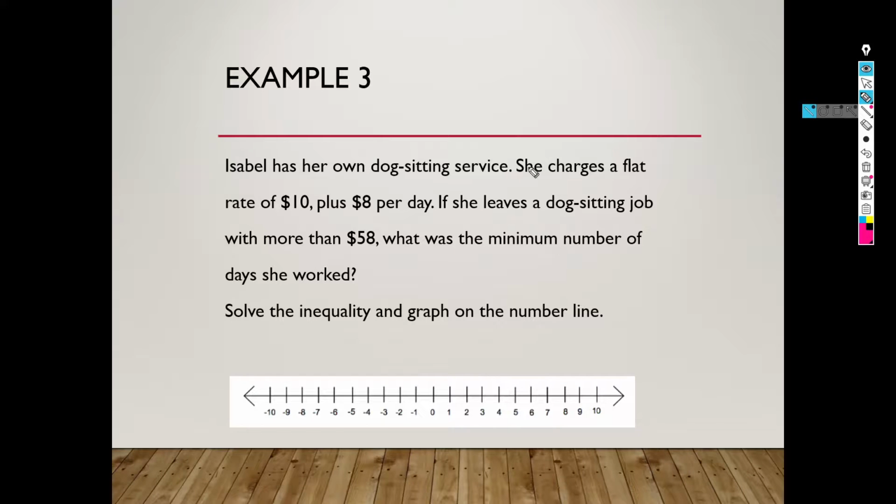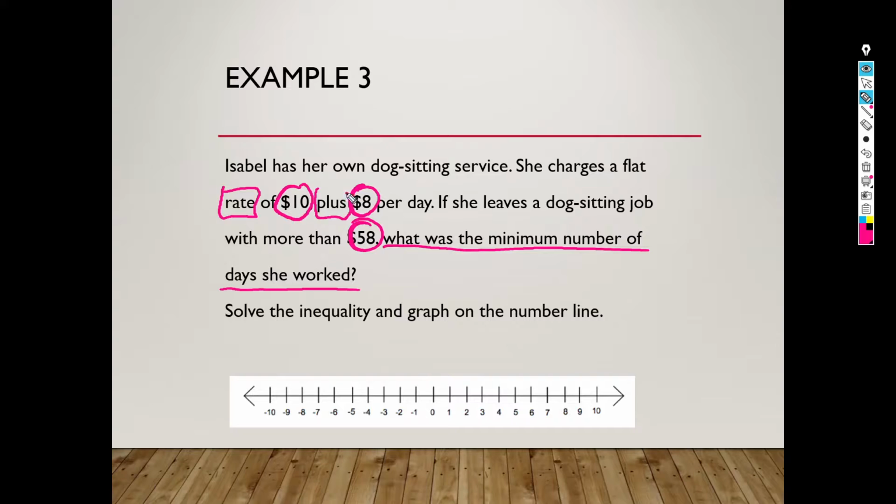Okay, so again, we want to circle our numbers. $10, $8, $58. All right. We want to underline the question. So we're looking, what was the minimum number of days worked? So we're looking for days worked. All right, we want to box key math terms. So rate of $10